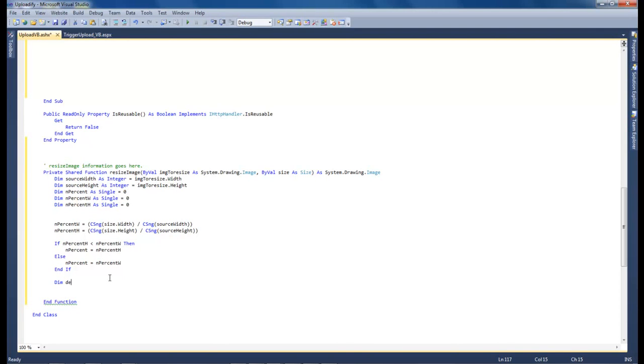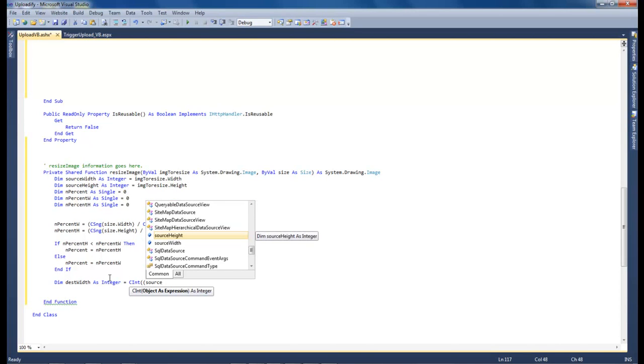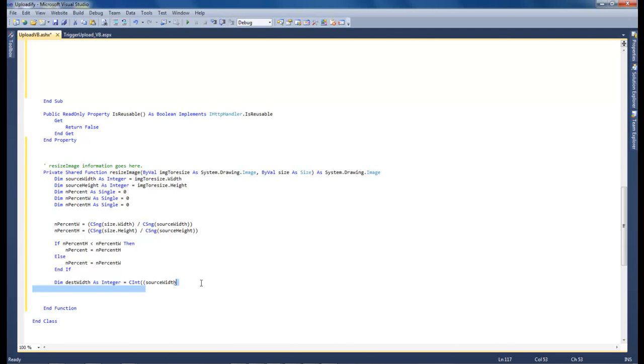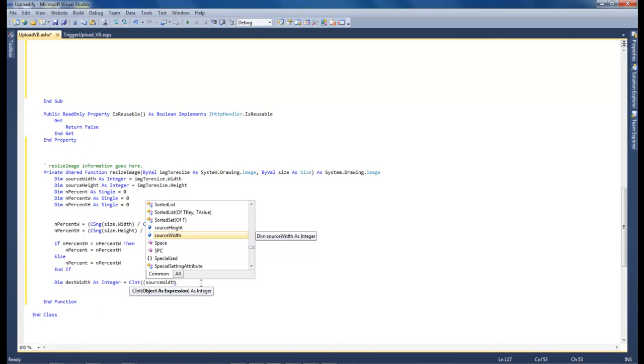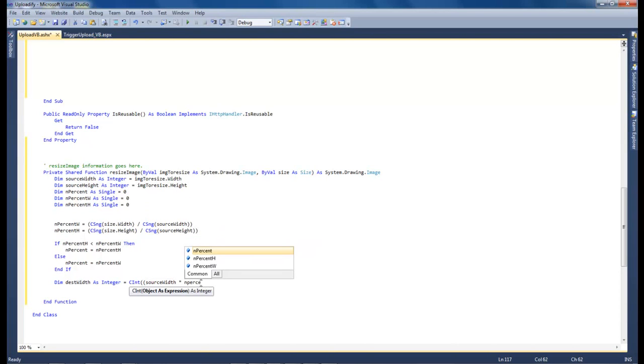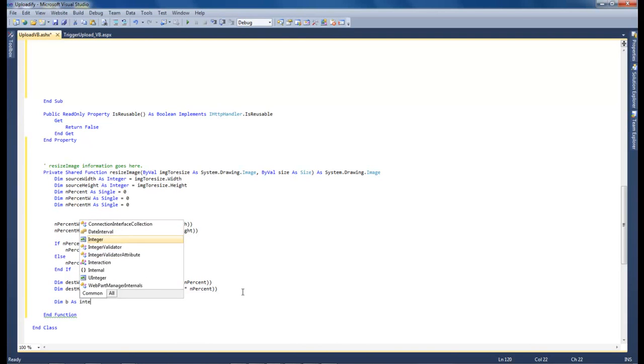So let's do dim width as integer equals cent. Let's do source width. Add a little star up yonder in percent. Okay, let's go down and basically same as before, copy paste, change this to height, and then come over here and height. Okay, next one is dim b as integer,